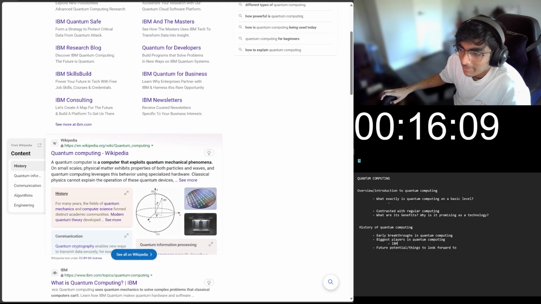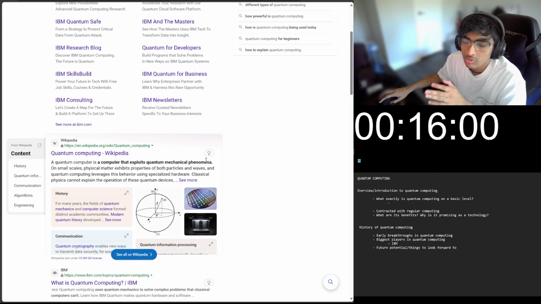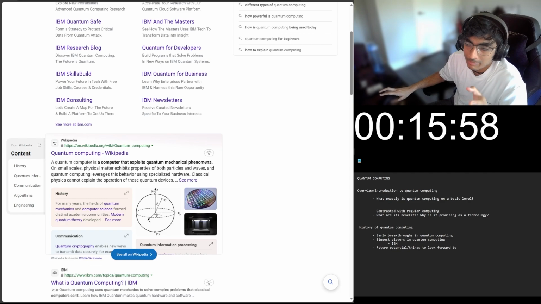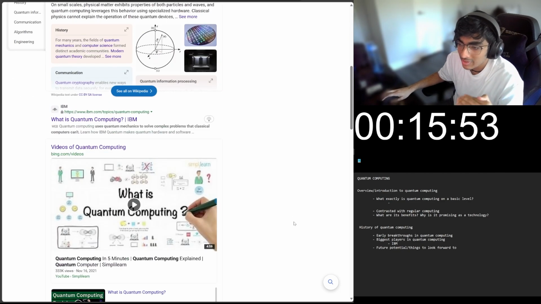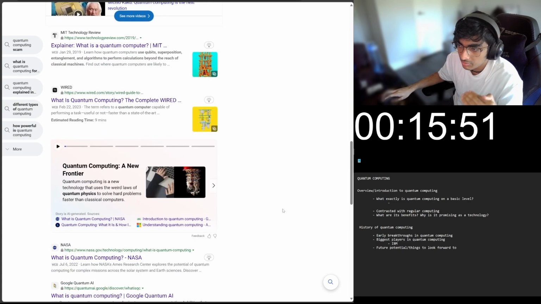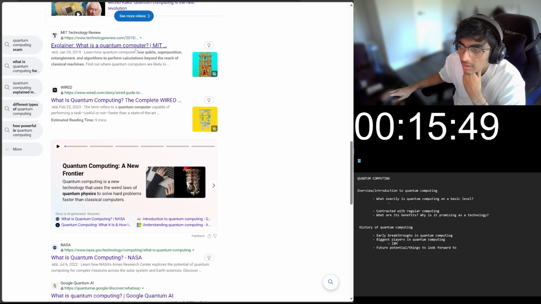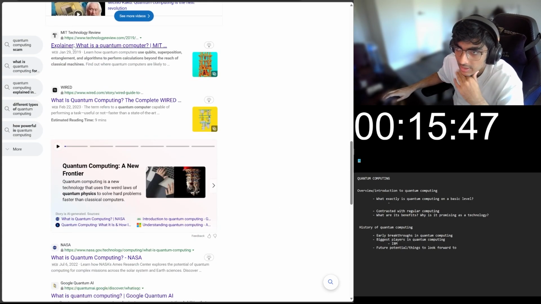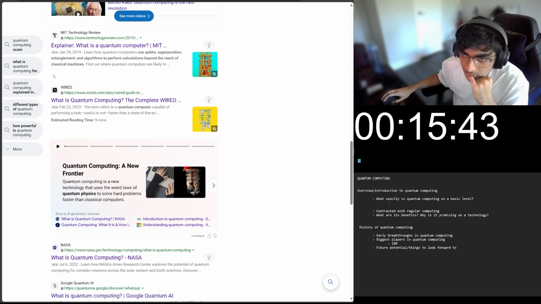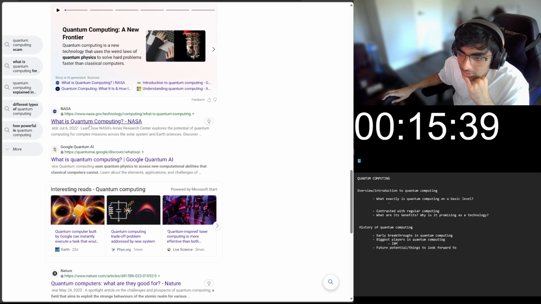The thing is, for topics like this, I don't really want to go into Wikipedia too much. We can open it, but the problem with hardcore physics or math related topics is they usually get into really rigorous notation that is really hard to read if you're not familiar with that subject area. So what I'll go into is maybe something like this MIT Technology Review or Wired. They'll dumb it down a bit, you could say.